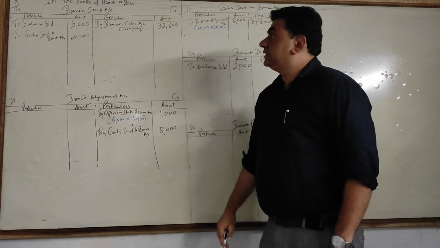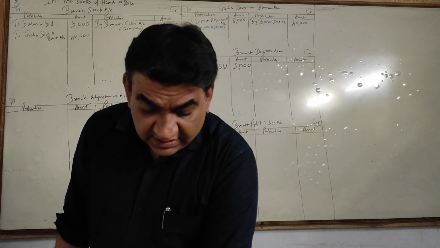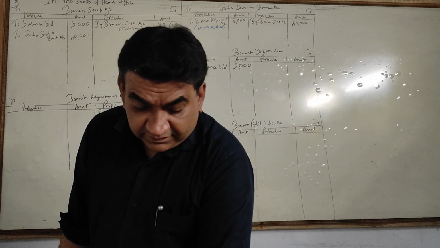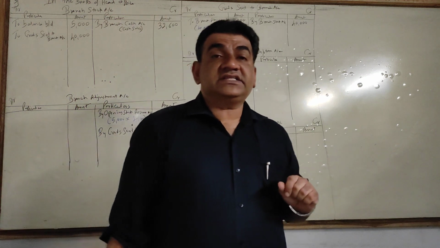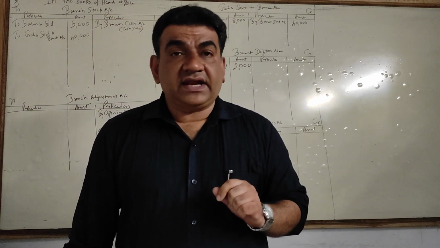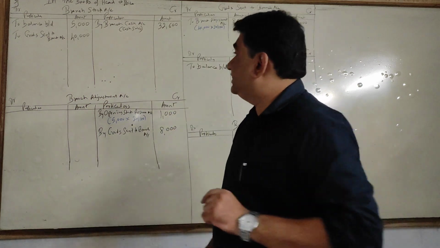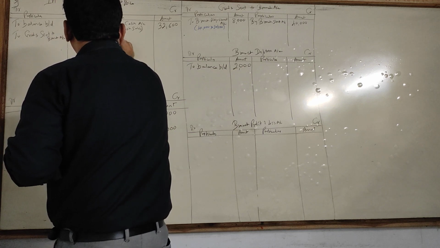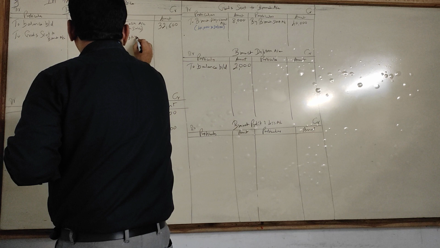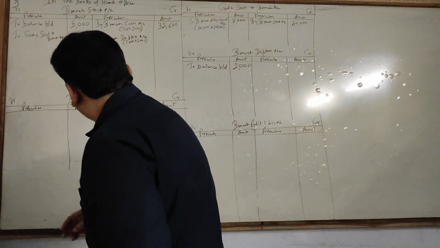Got it? Now listen. Before I go to the next transaction, look above. Total sales, how much is given? 43,600. Out of 43,600, 32,600 is cash. So can I say the remaining 11,000 is credit? So the remaining 11,000 will be my credit sales. So come to the credit side of stock, goods going out and selling to customers. So by branch debtors, credit sales. Put a bracket